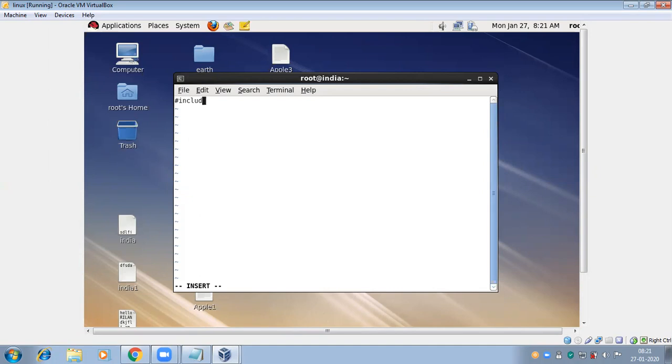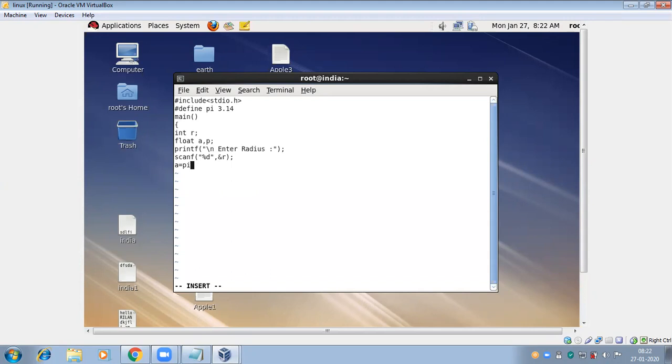Here I'm writing the program. #define pi 3.14, main, integer r, float a, p. Any variable you can take; it should be an alphabet letter. Enter radius, and scanf %d integer value.